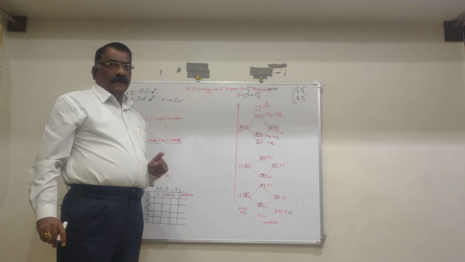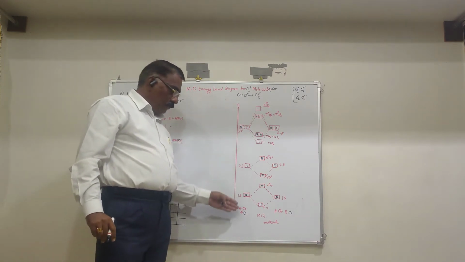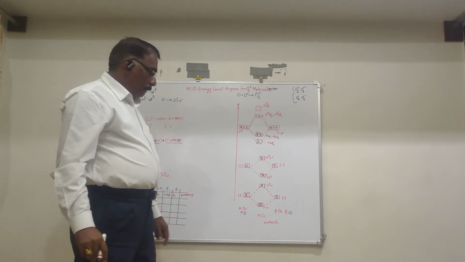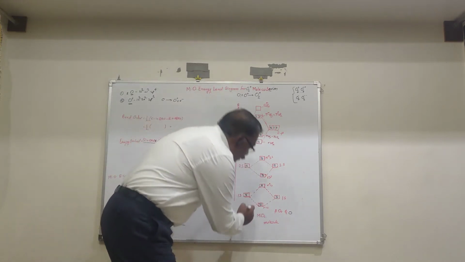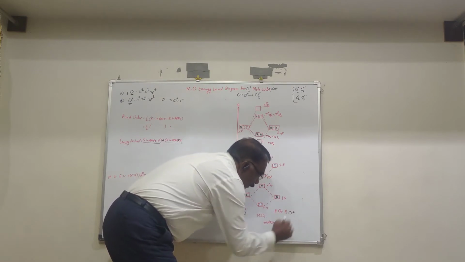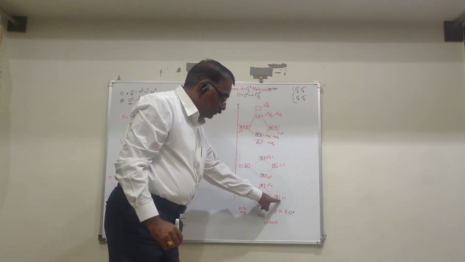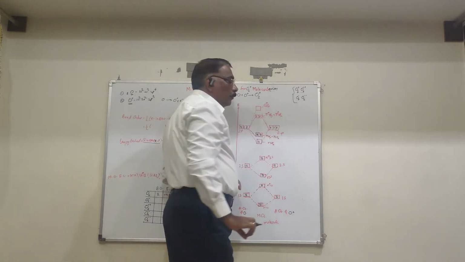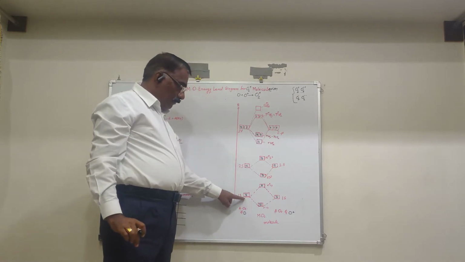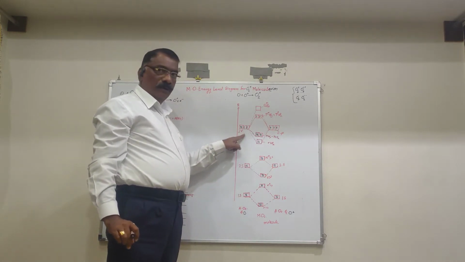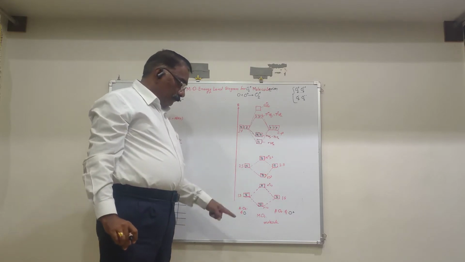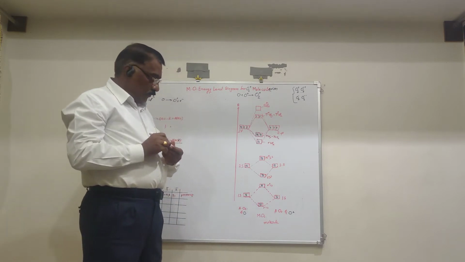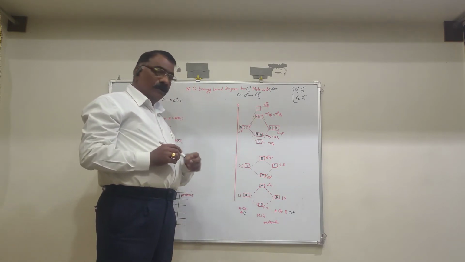See this electronic configuration of both O and O plus. Now we are going to see the combination of the oxygen atom and the oxygen plus ion. On one side there is oxygen and on the other side there is oxygen plus. The oxygen plus has 1s2, 2s2 and 2p3, and the oxygen has 1s2, 2s2 and 2p4. Now we will see how the electrons fill the molecular orbitals formed in the combination.